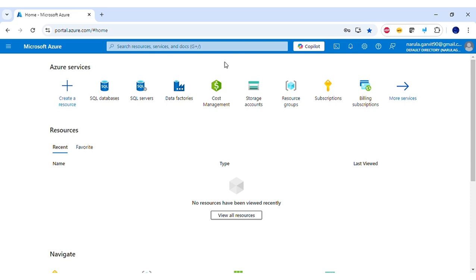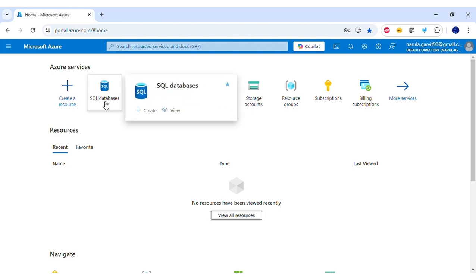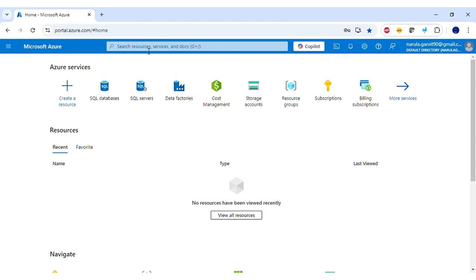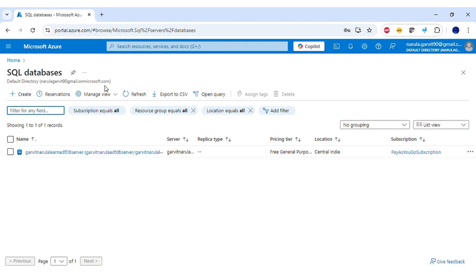Now we are inside the Azure portal right now. You can create your SQL databases by clicking at the SQL databases option, which for me is visible on the top tile. But in case it is not visible for you, you can search for it on the top search bar. Let me click on it. As soon as I do that, it takes me to a page where I have all my existing databases listed here, but I want to create a new one. So I click on create,